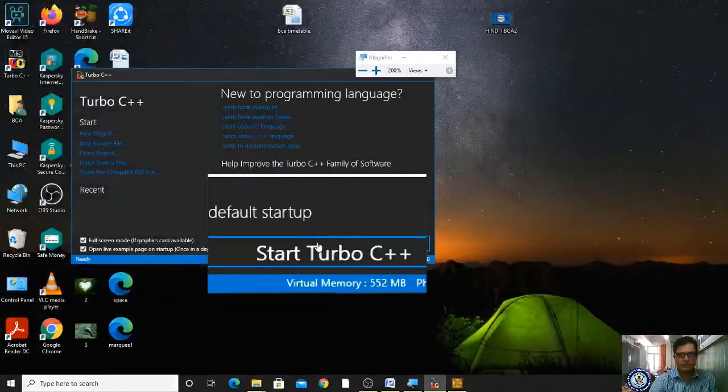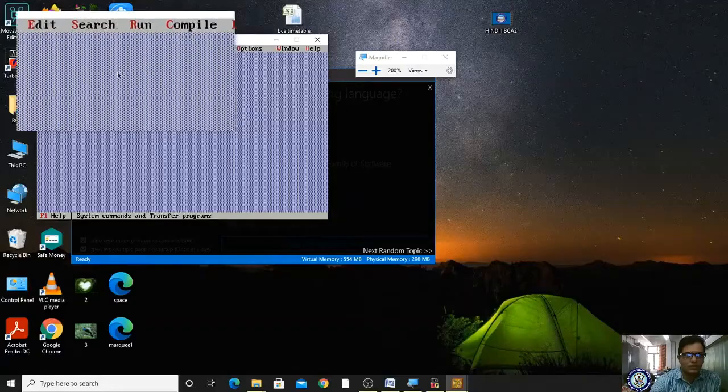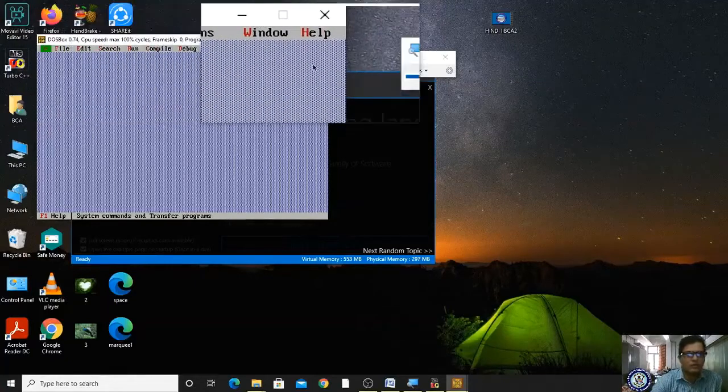Start Turbo C++ is already started, I think. I made a mistake. Okay. Now let me see. I'm pressing Alt Enter. You are seeing here the different menus available. Okay. Clear? Yes.